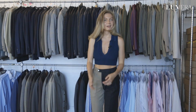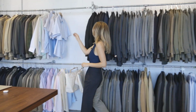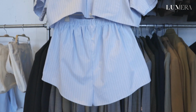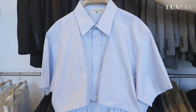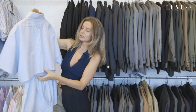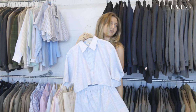Over here we have one of our very popular styles this summer, which is basically made from also a men's vintage suit. It is this set consisting of a cropped shirt and boxer shorts. We completely refit the shirt so it's slightly smaller, take it in on the sleeves, give it a more feminine